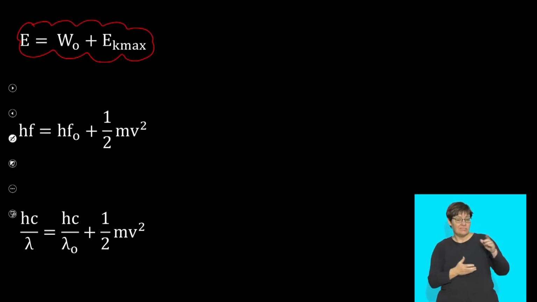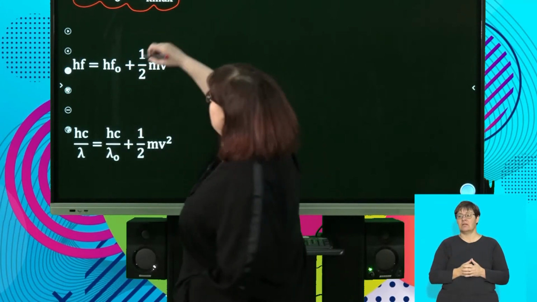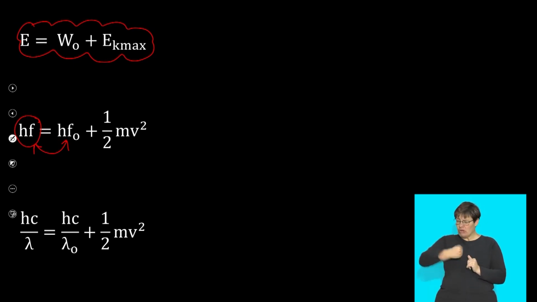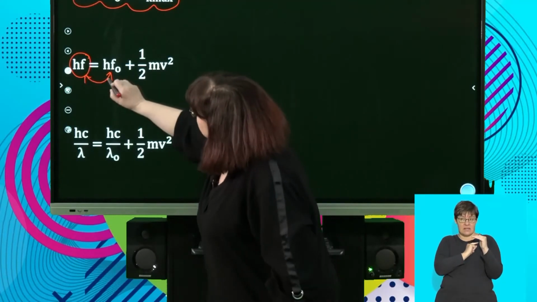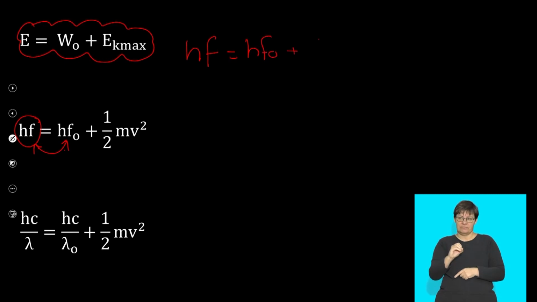These equations help me when I want to find the speed at which the electrons move. When we are at a point where we have just met the threshold, those two values are going to be equal. So we're at the point where we've just met the threshold, and in fact we wouldn't actually get a current if we're just on the threshold, because if those values are equal and we go hf equals hf0 plus Ek max,